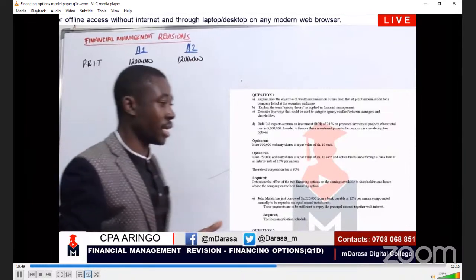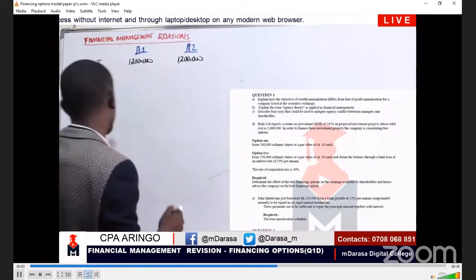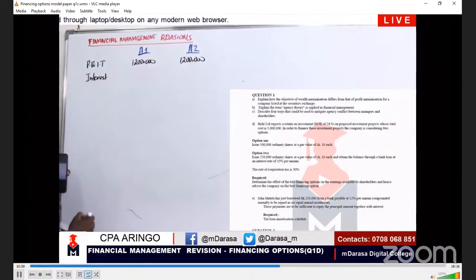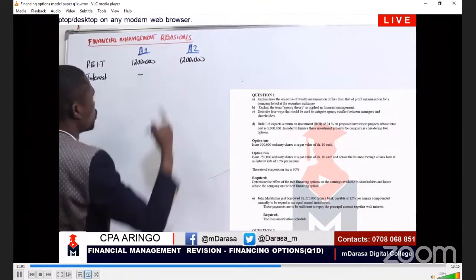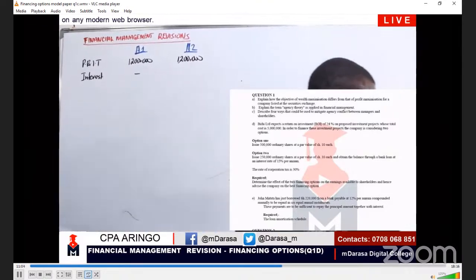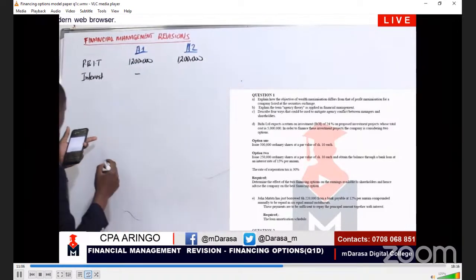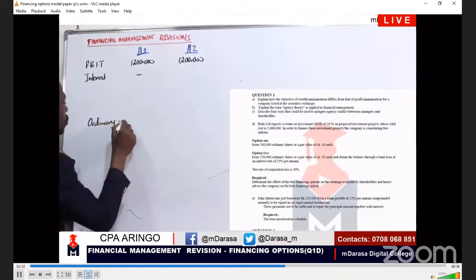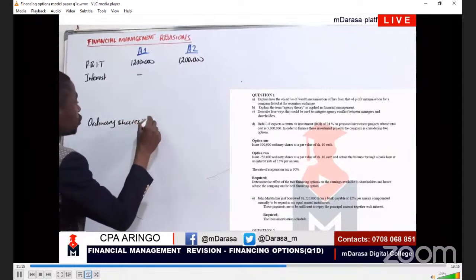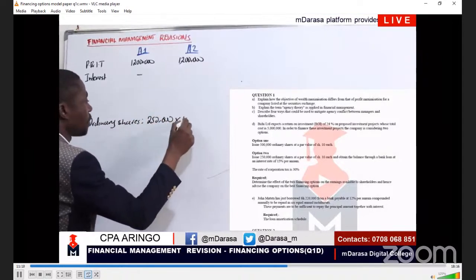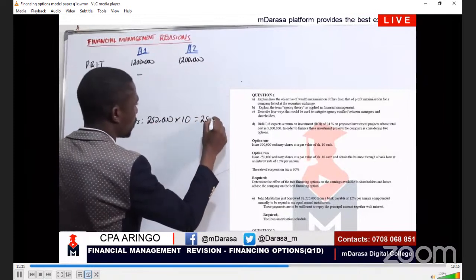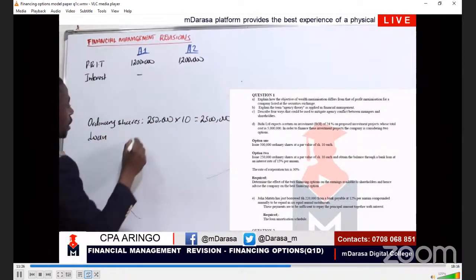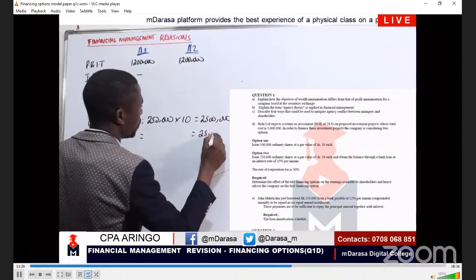Then from that case, we identify our interest. Before we deduct our tax, we must always deduct what? Our interest. In option one, we don't have any interest. What about in option two? Option two, this is what we are told, that we are going to finance by issuing 250,000 ordinary shares at a par value of 10. This should give us 2.5 million, right? The rest, you're going to finance using what? Loan. This loan is the 2.5 million balance.